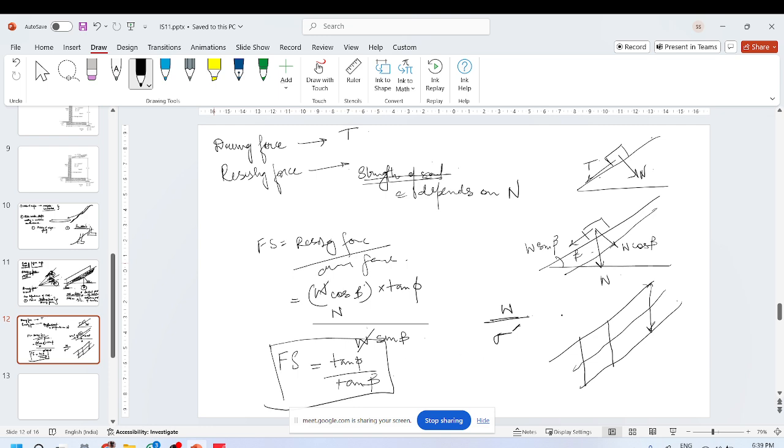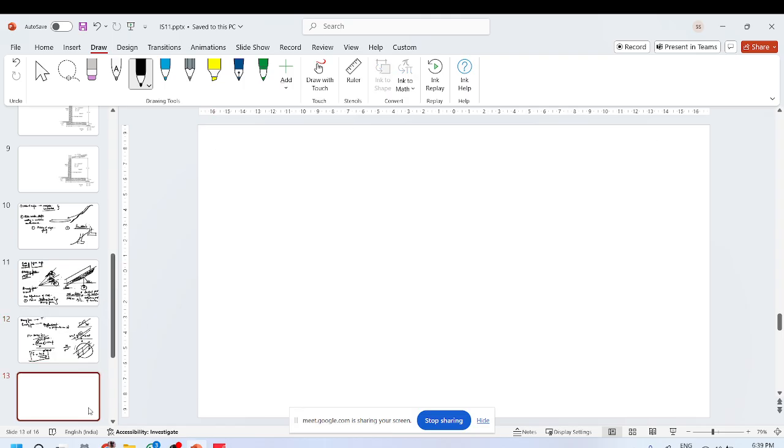Here we are talking about the whole weight in the bottom, but at the top, when we talk about the factor of safety, we were taking as